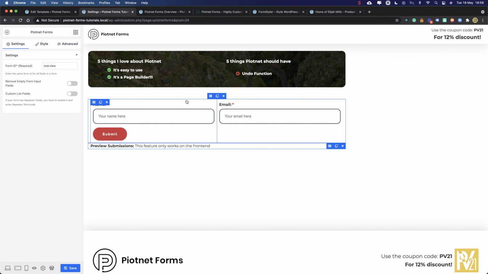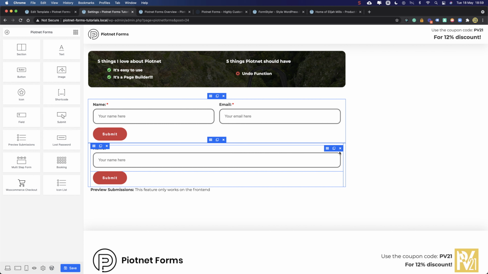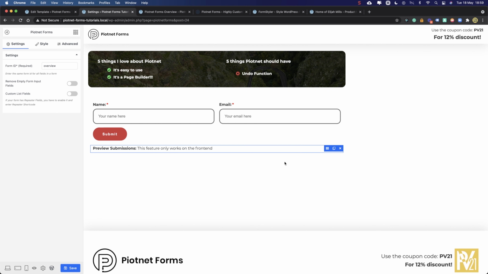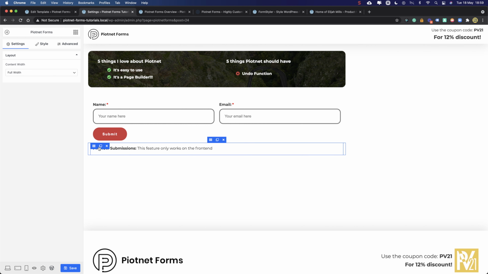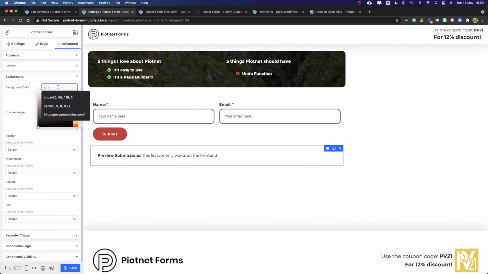Let's do another thing. Let's duplicate this and delete this one, delete this one, and this one. Now, this field comes inside this column, and this. Now it's okay. We can come here and give it padding. Let's give it a padding of, say, 30, and can give it background of, let's say, F6F6F6, a light gray,